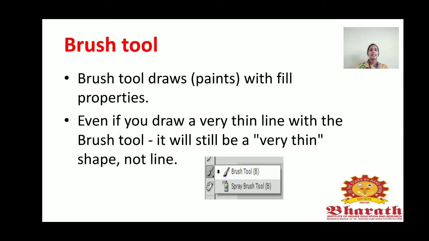So, when you use a brush tool, you can brush any specific area or any specific places according to your brushing manner. When you are using the brush tool, it automatically draws a very thin line shape only. So, when you need a dark thick line or anything like that, you can brush it and increase the size of that particular shape property also. By increasing the size of the property, your brush tool size will also increase automatically.